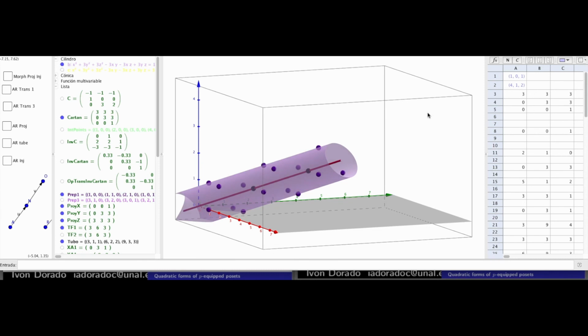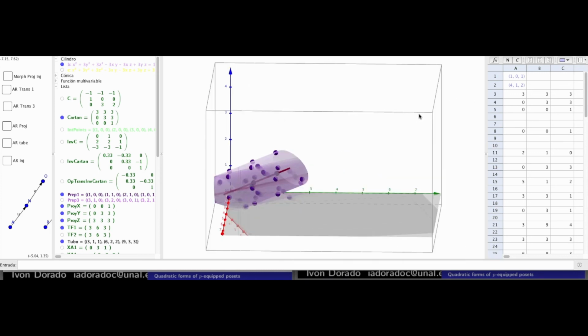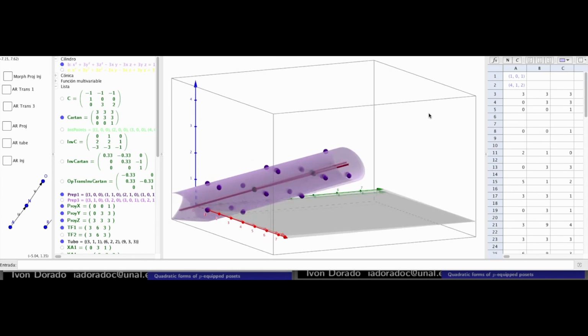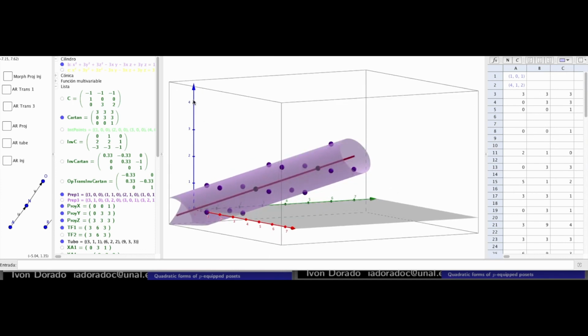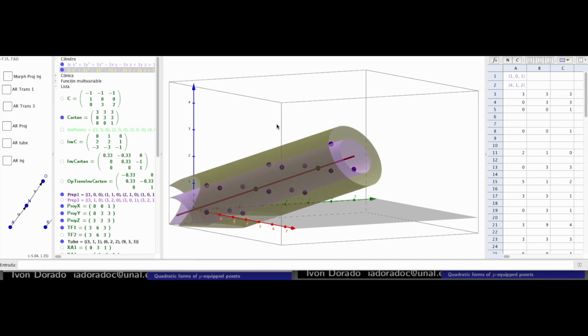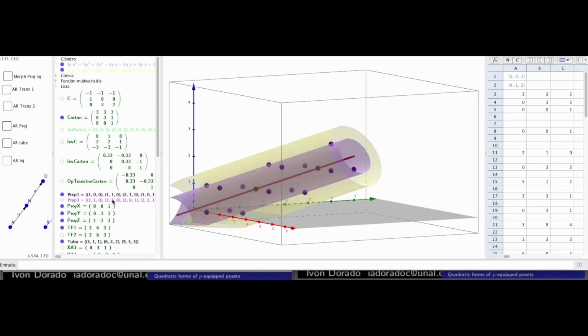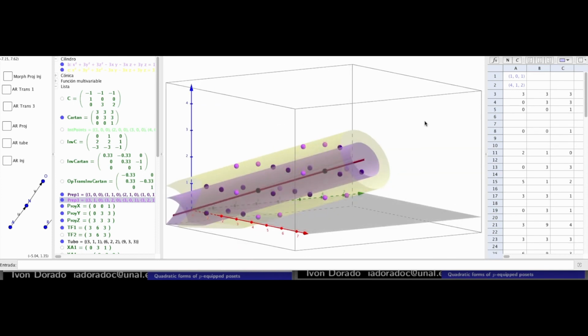So these points are coordinate vectors of a representation, and to each vector corresponds just one representation up to isomorphism, as well as the vectors with natural entries on this tube in yellow, which is the quadratic form equal to 3. The representations corresponding to these points are representations in the post-projective and projective component of the Auslander-Reiten quiver